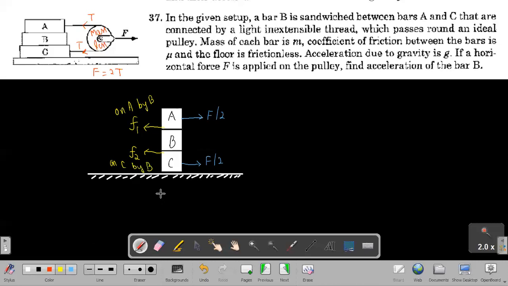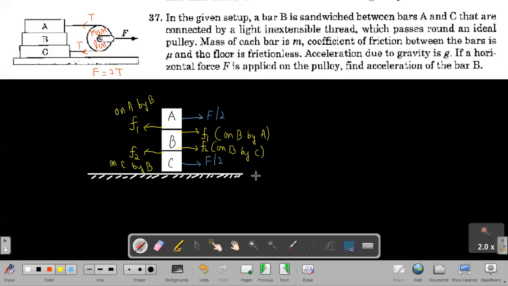As we know, forces always exist in pairs according to Newton's third law. So if block B exerts friction force F1 on block A towards the left side, then the reaction of this friction force F1 on block B must be towards the right side, and it should be equal in magnitude, that is F1. So now this F1 is on B by block A. Similarly, the reaction of friction force F2, which is on block C towards the left side, will be towards the right on block B and denoted by F2. So this is the friction on B, exerted by block C.